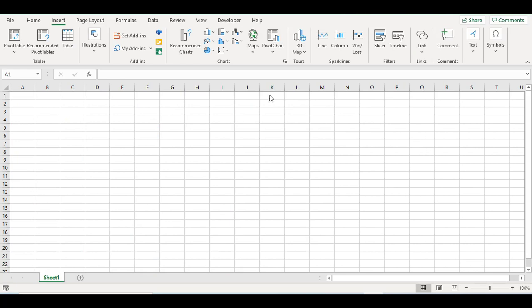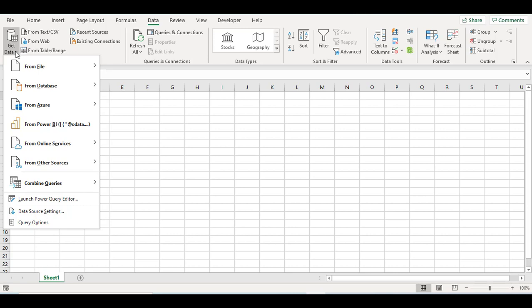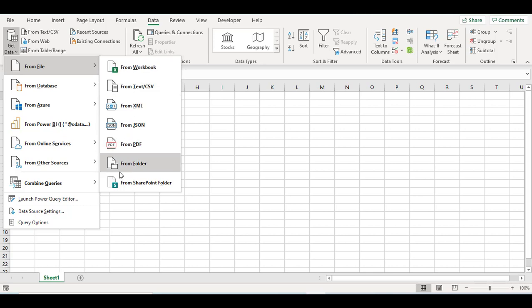So here I'm on a fresh Excel spreadsheet, and make sure before you do anything that the Excel files you're going to be putting onto the spreadsheet are not open. Mine are not open because I just closed them, but make sure that none of them are open, otherwise it won't load onto here. So first I will go into the data tab, and then I will click on get data. And under get data, I'm just going to click on the drop down, and from file, and then I will go into from folder,